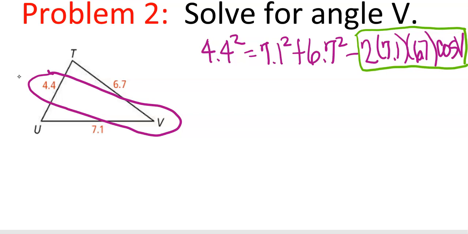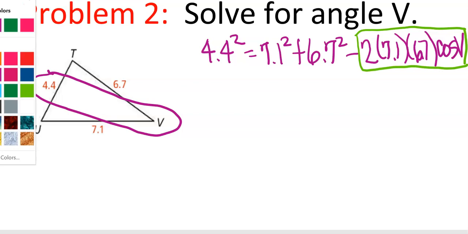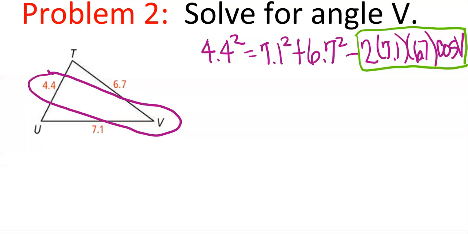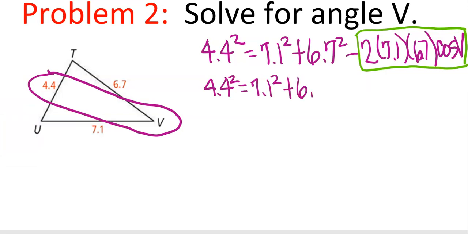So what I'm going to do first is I'm going to multiply these numbers together so I don't start adding them to the other side. The mistake is not made when it's written, it's made when it's solved. And this should be something that's easy, but we haven't done it before. So first of all, I'll multiply those so I can get it as one number. And I'm going to leave these for now. Okay, so I'm multiplying 2 times 7.1 times 6.7. And I get 95.14